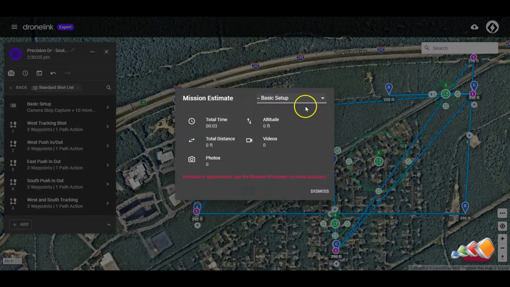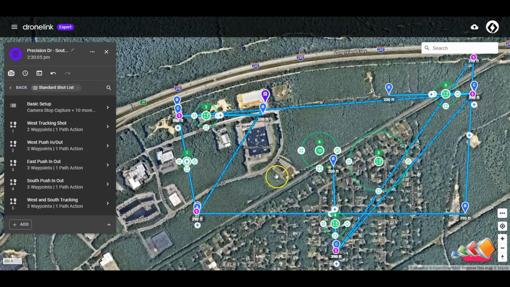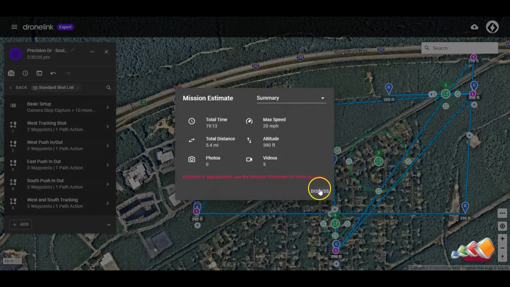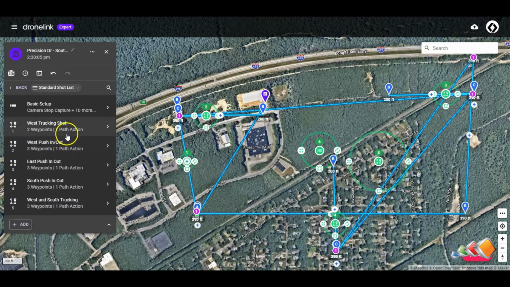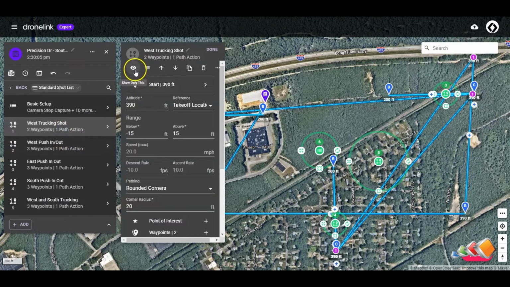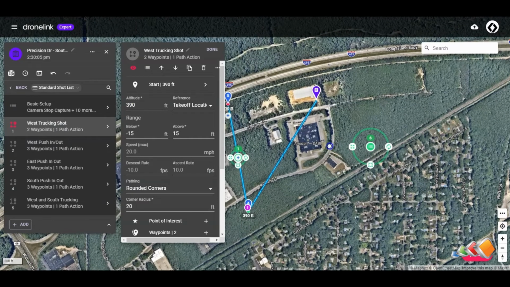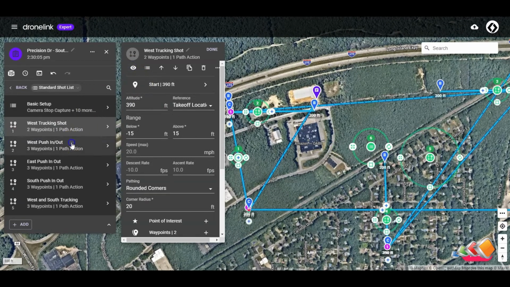But as I mentioned before, if you click on the mission estimate, now we can see each one. So you've got the basic setup, I've got the west trucking shot. I can see how long each one of these takes. But more importantly, this is saying it's taking me 19 minutes. But if you look at the way it's set up, it's kind of jumping all over the place. So it starts over here and it does this shot, and then it moves down,